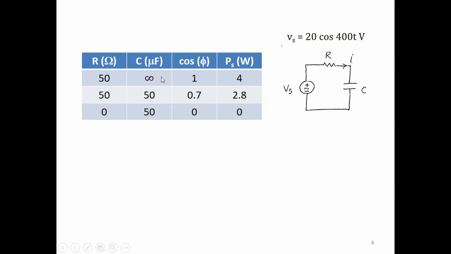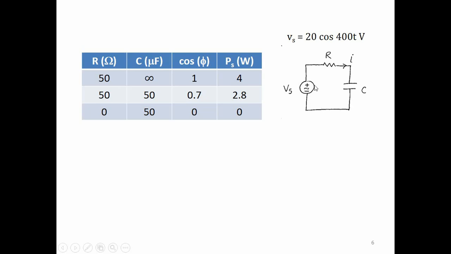Alright, this is a little tricky because one would think that if I have a short circuit here, C should be 0. But if you think about it, the impedance of a capacitance is 1 over j omega C. And if C is 0, then 1 over j omega C is infinite. And that would mean an infinite impedance, which is an open circuit. So if I want a short circuit, I'll make C infinite so that 1 over j omega C is 0, and that becomes a short circuit.